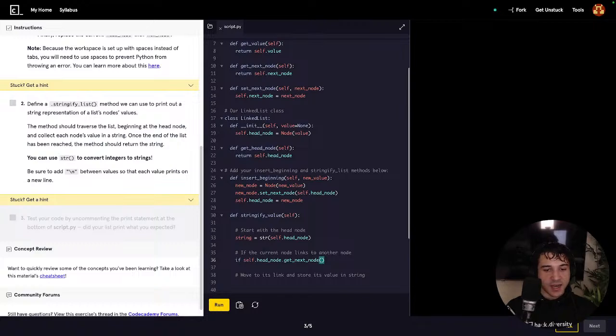So if self dot head node dot get next node, not sure I'm doing this right, but trial and error, right? What I'm trying to say is, if that evaluates to anything that's not 0 or null,